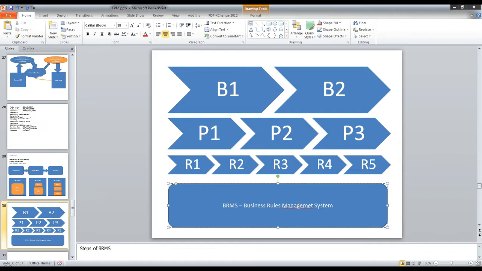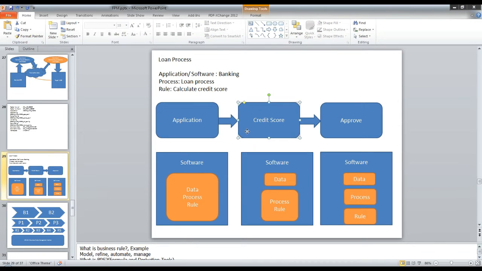It's nothing but a system which is capable of managing all the business rules which are prone to change every day or every hour or every second. Because it is unaffordable to change the code every day based on changing requirements. In this example, specifically, the way we are calculating credit score is changing every day based on the monetary policy of a bank or federal bank.